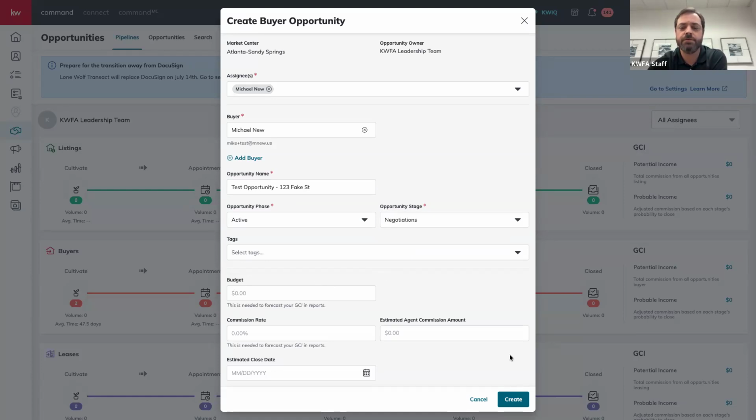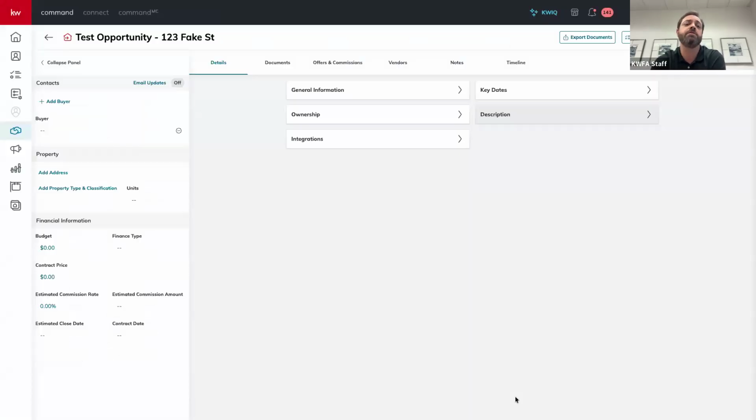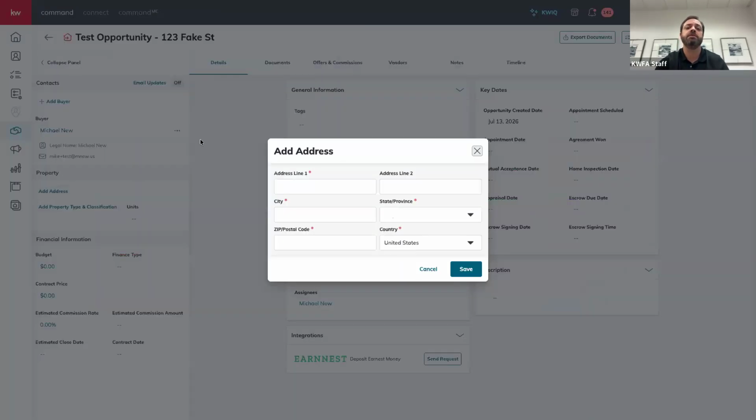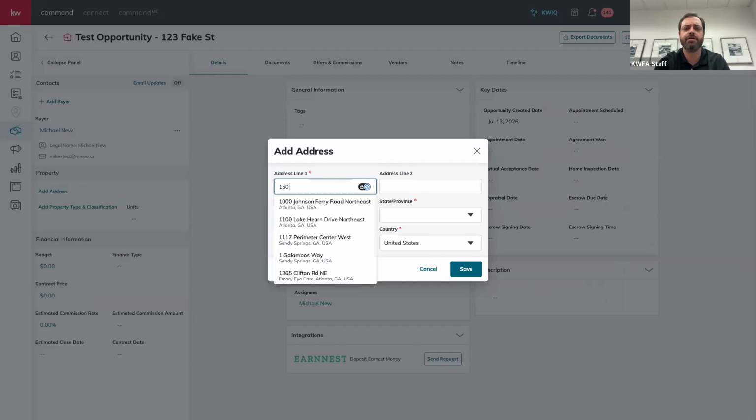And then, oh, the faces are covering. All this down here, we don't really need for testing purposes, but you could fill it out if you wanted to. I'm going to click create. And then the first thing I'm going to do once the opportunity has been created is add the property address. Because again, if you don't put the property address in here, we can't find it if we look for that address. So I'm up to 1, 2, I think 50